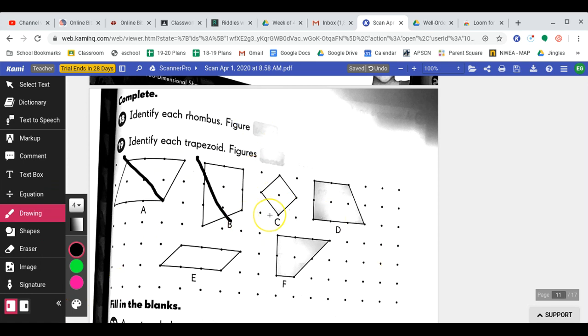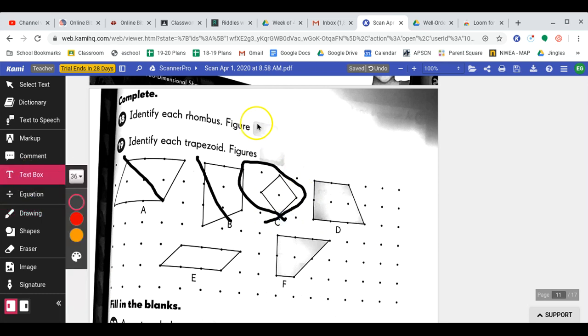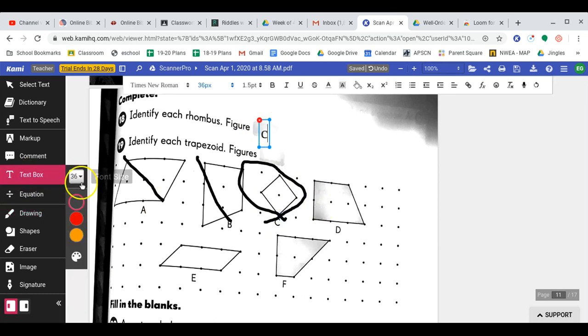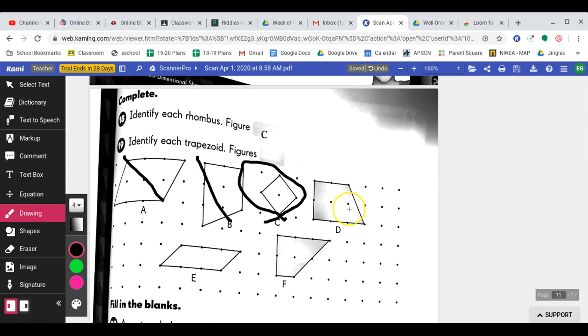Is this a rhombus? Yes. Figure C is a rhombus. Okay. Is this a rhombus? Nope. No. Okay, so the rhombus kind of looks like a diamond. It does have